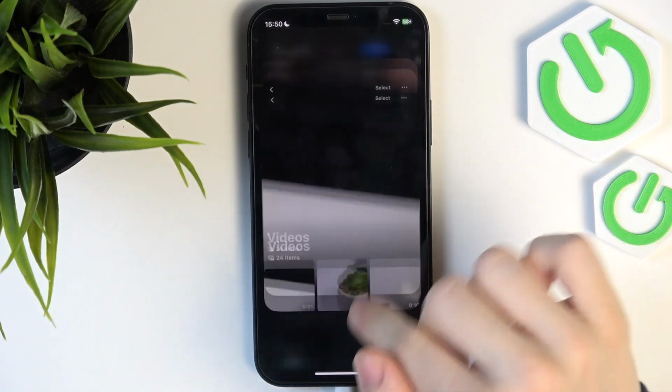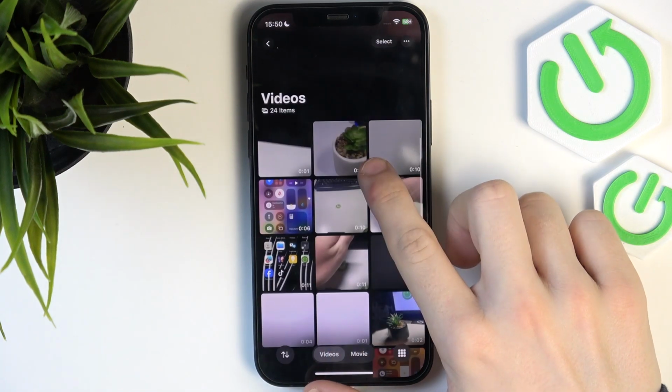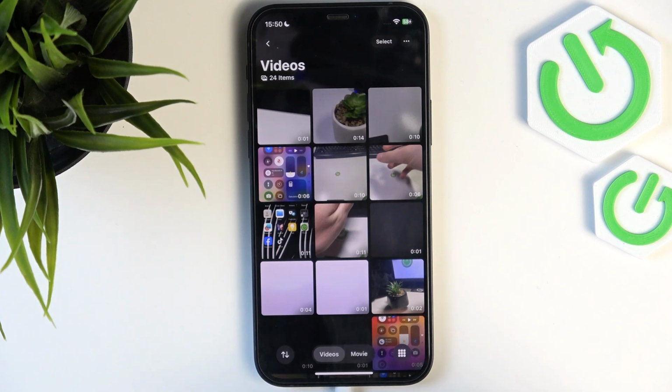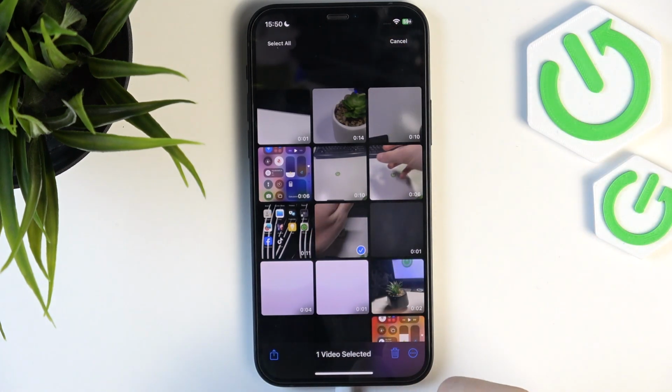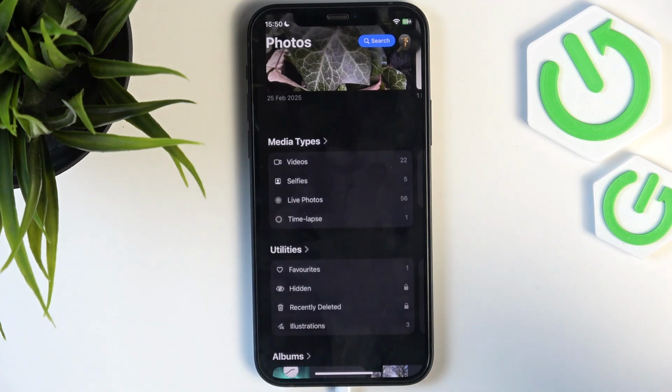And also videos take up quite a lot of storage, so if you go into your videos and see any video that isn't important to you, you can click on select, then select the video that you want to remove, or several of them. Click on the delete button, delete videos, and once they've been deleted from the videos, remember that they haven't been deleted permanently, so your storage isn't yet freed up. In order to free it up, make sure that you really want to delete these videos. Once you're sure, go to the recently deleted folder, and here the deleted files are stored for 30 days, and